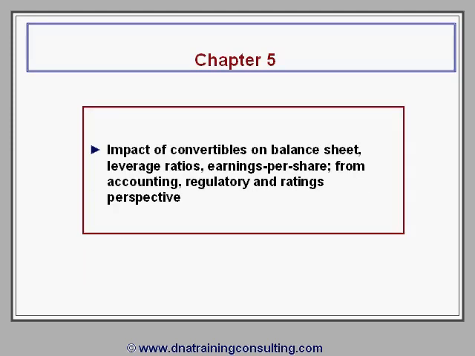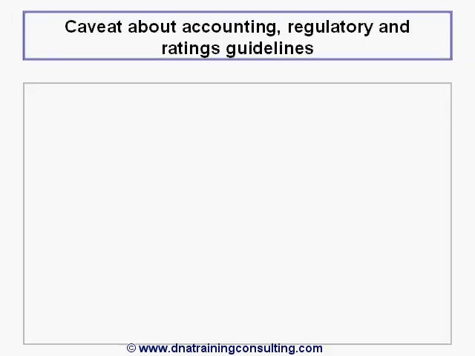In this chapter 5, we will limit our discussion to regular and mandatory convertibles and will ignore reverse convertibles, since these are such a small minority of the universe. It is critical to make a caveat we always make when discussing these types of disciplines in our modules. If you have heard this caveat before, skip the next 2 minutes of this commentary.